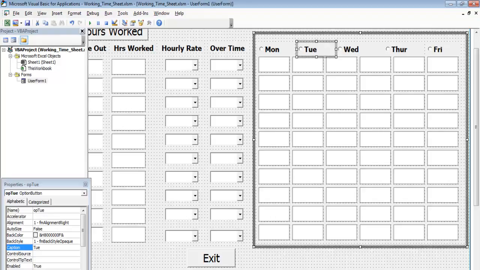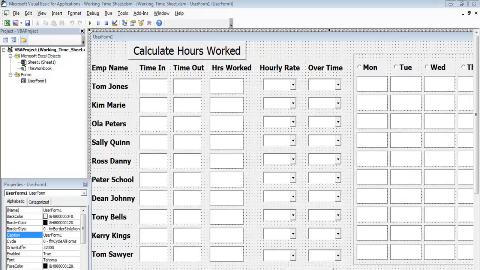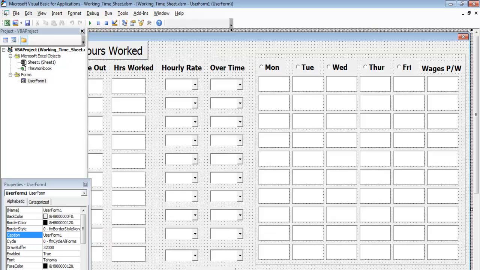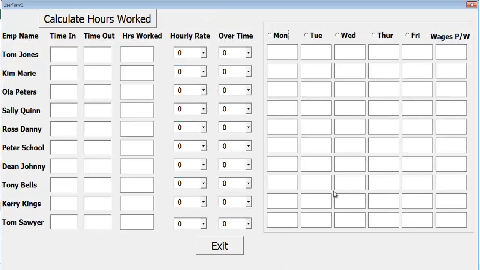Alright, I've now added another column, so let me show it to you guys. That is it, wages per week right there. So if I run it, that's what you get. But there's one more thing. I then need to add all of these together so that we can get